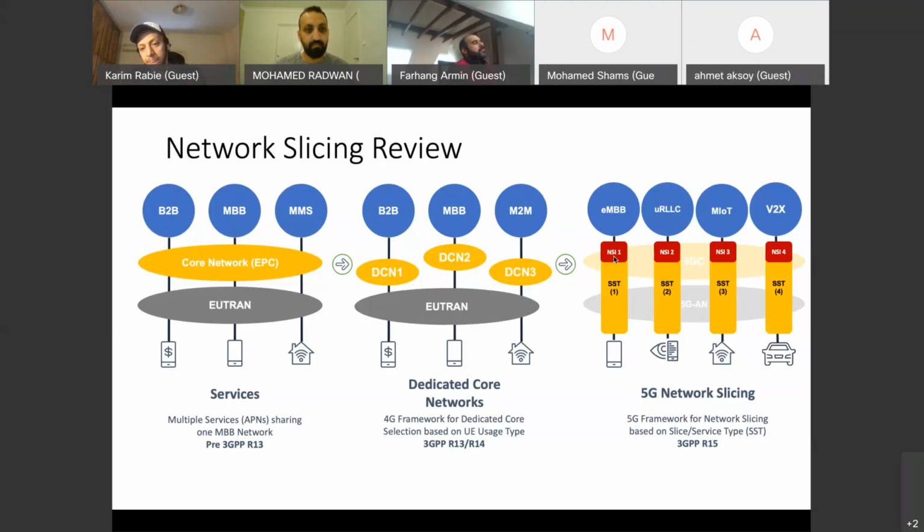slices on demand, and that exactly, I would say, pointed to the need of an orchestration framework that can manage the lifecycle management of these slices. Okay, that can lease on demand, instantiate on demand, terminate on demand, and make sure that the SLAs are met for a specific slice. Make some sort of closed loop control